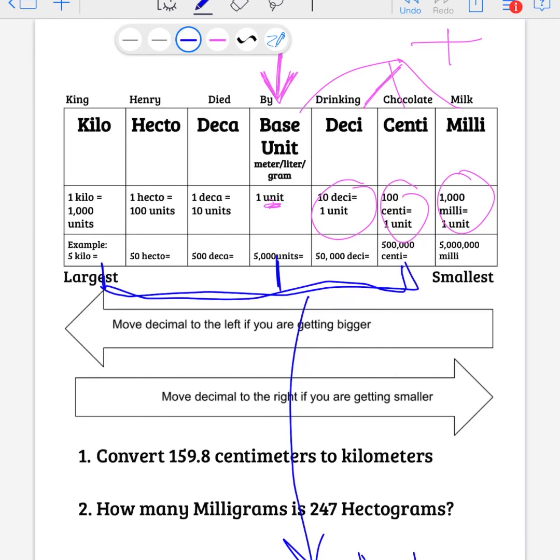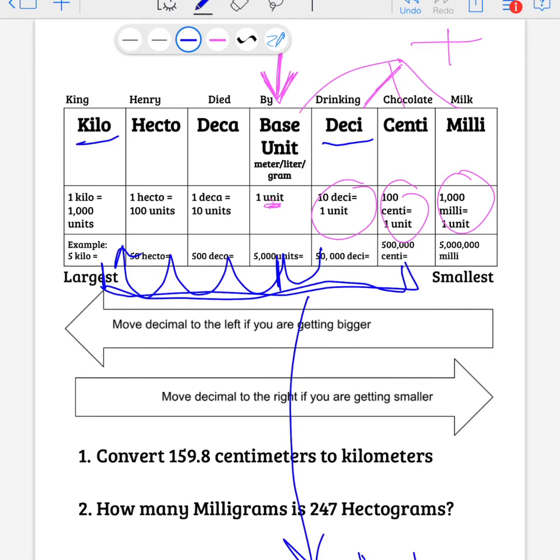Okay, so another thing that will help you, I want you to check your answers this way. Let's say I have deciliters, and I'm trying to get to kiloliters. A way to check yourself is by just moving the decimal. So you can use this chart to do that. If I'm at deci and I'm trying to get to kilo, I would just move my decimal 1, 2, 3, 4 places to the left. So this is helpful because you can check your T-chart by moving your decimal and seeing if you get the